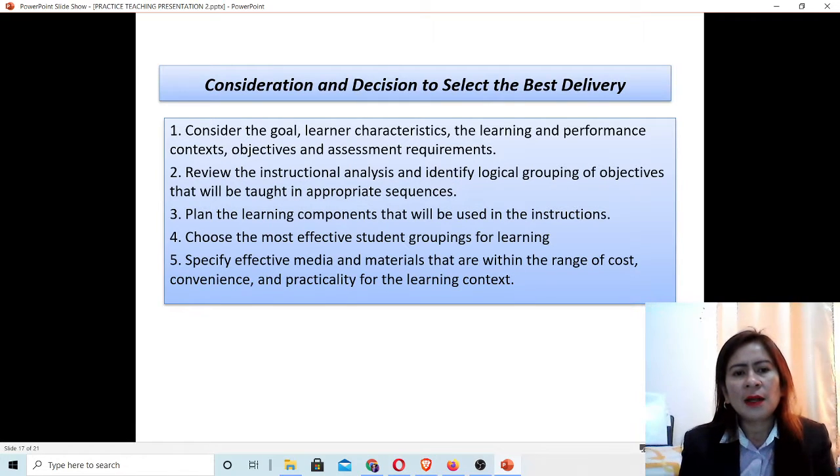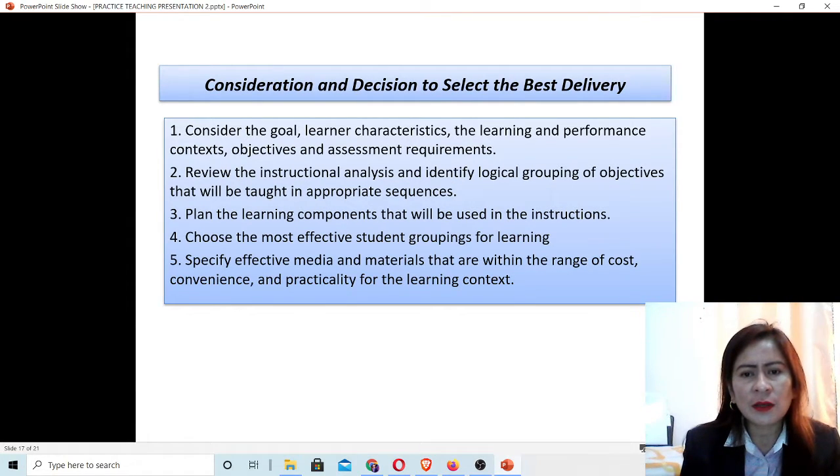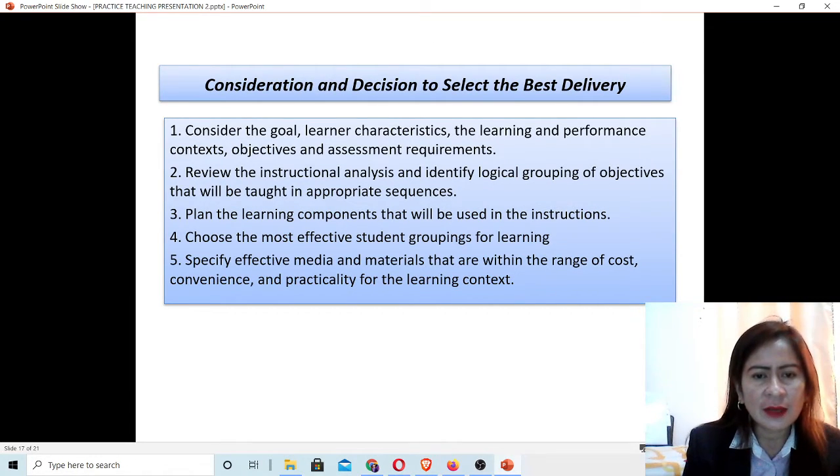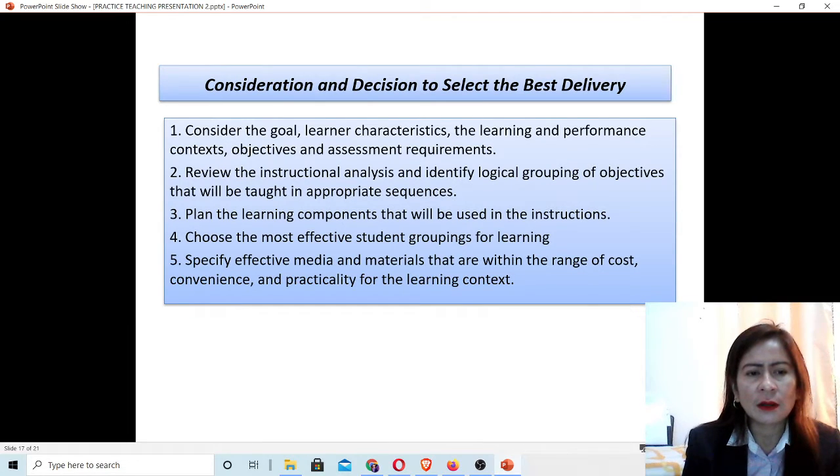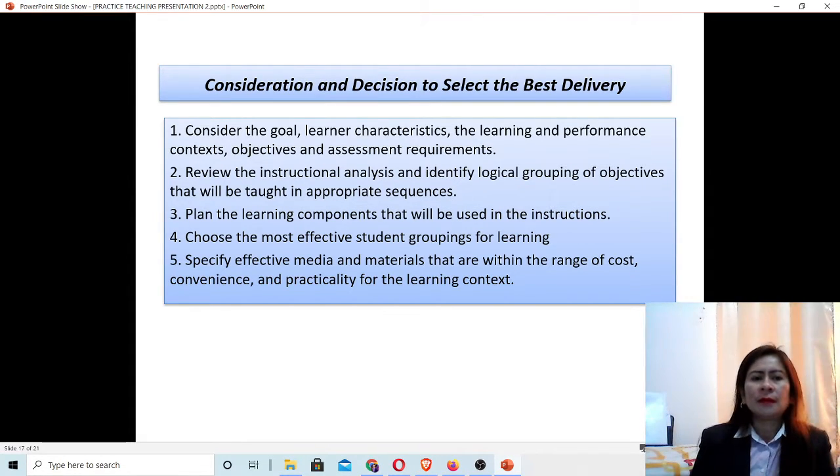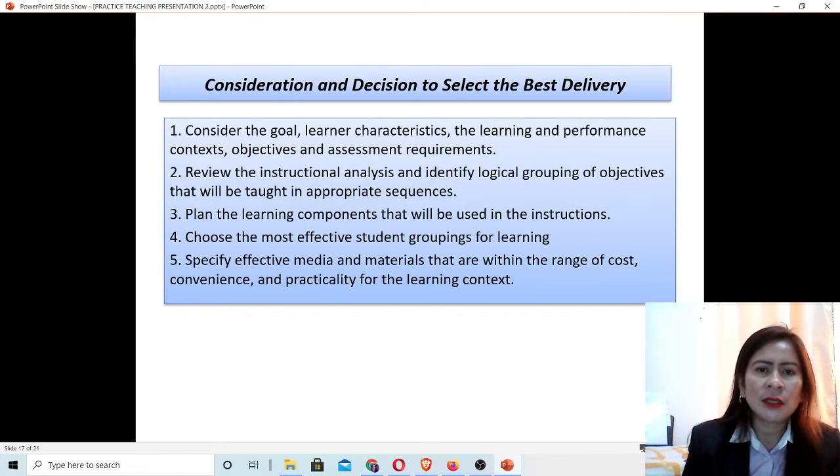Third, plan the learning components that will be used in the instruction. Fourth, choose the most effective student grouping for learning. Fifth, specify effective media and materials that are within the range of cost, convenience, and practicality for the learning context. These are the considerations and decisions to select the best delivery.